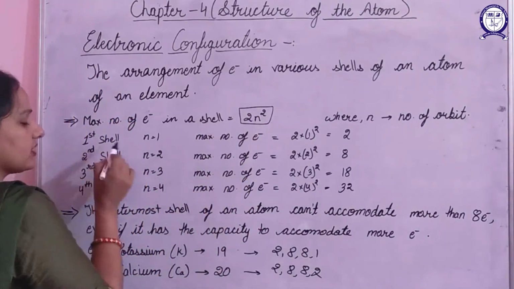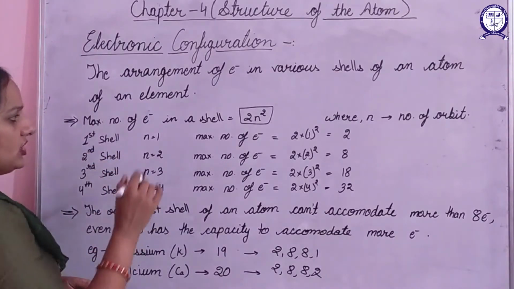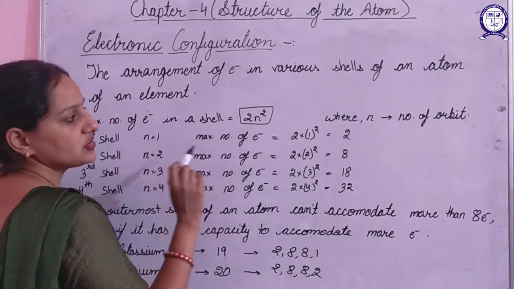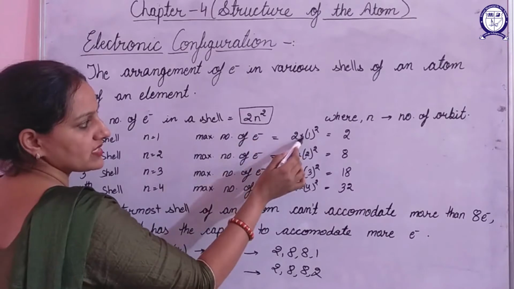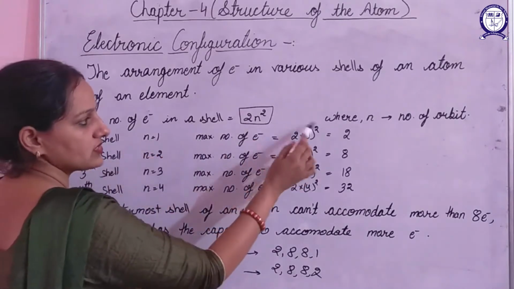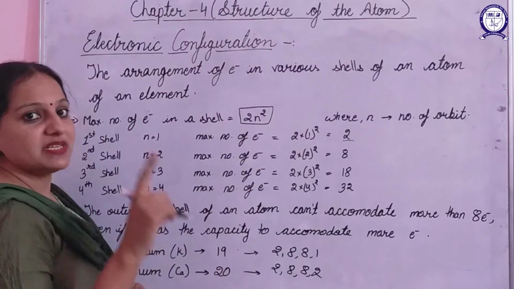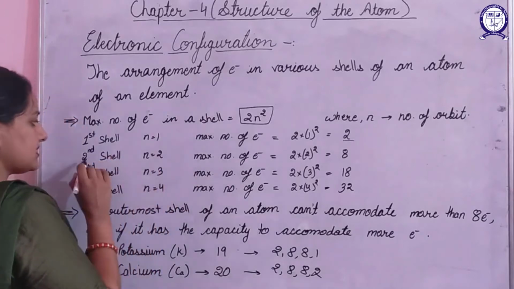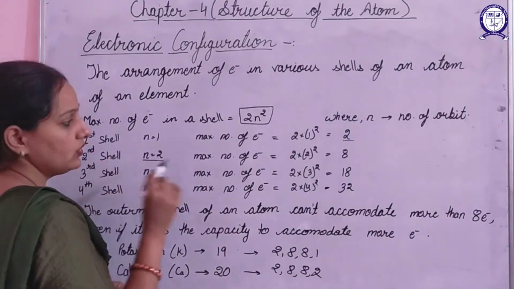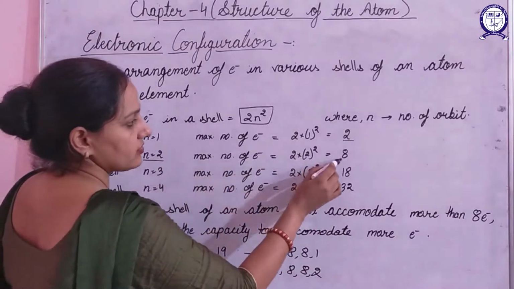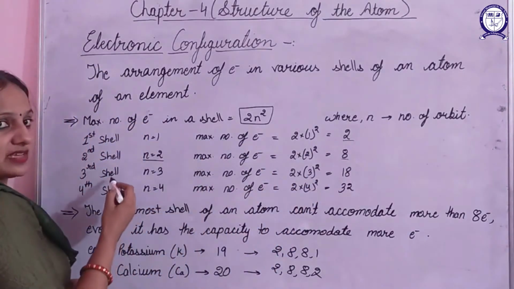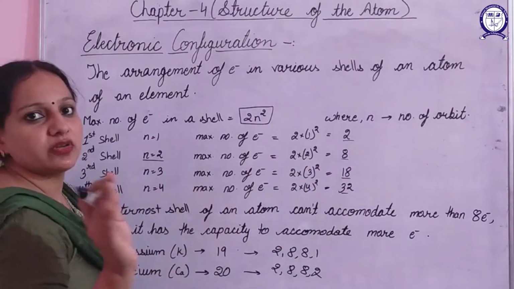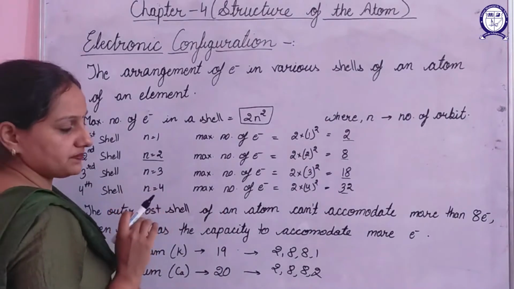For example, if we are talking about the first shell, that is the K shell, its number is 1. So the maximum number of electrons that could be accommodated in the first shell is given by this formula. 2 as it is, and here the value of n is 1, so on substituting you will get 2. That means in the very first shell, maximum 2 electrons could be accommodated. Then for the second shell, n will be 2, so the maximum number of electrons will be 8. In a similar way, for the third shell and fourth shell it comes to be 18 and 32, and so on. We can calculate it for different shells.